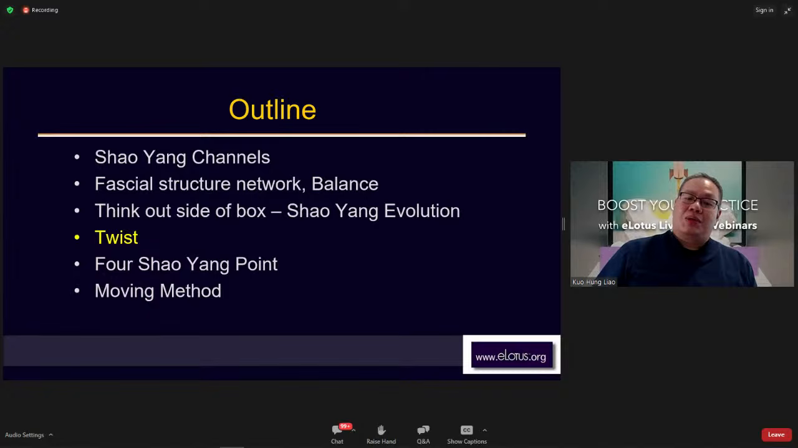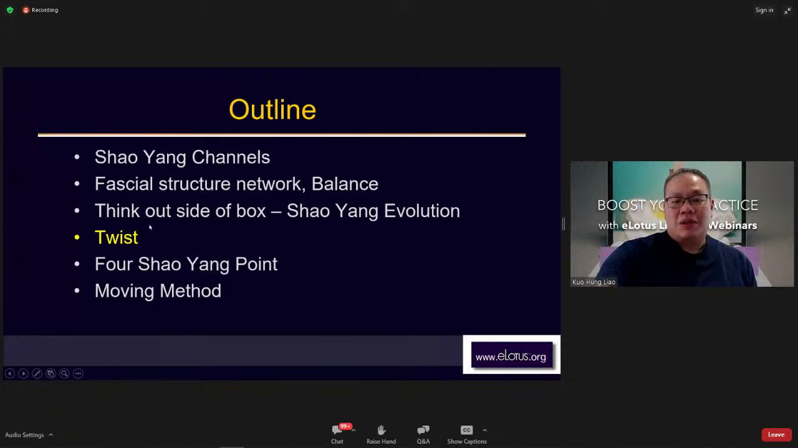And the fourth one is a twist. Last time we said we talked about scars, but actually we were talking about the fascial structure network. This time we talk about the Shaoyang channel and the Shaoyang points, but actually we're going to talk about a twist. I think that's the most important thing in how the body develops problems, or how the body compensates for problems. Okay, and after all the